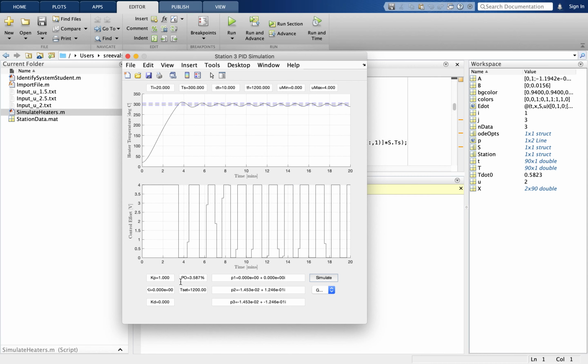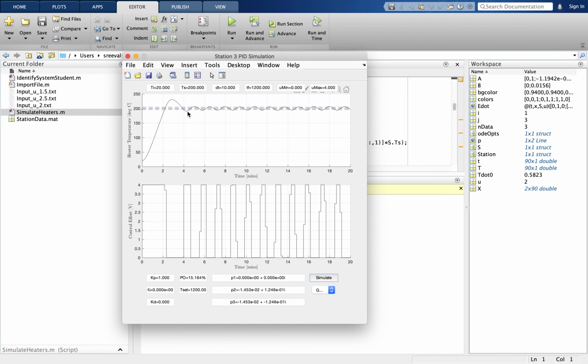And if you check here, you can see what the overshoot is, and what the set temperature is. Right now, the initial temperature is 20. That is our ambient air temperature we are considering. Set temperature is 300. You can change this to 200 also and simulate, which shows what happens when you set the temperature to 200.